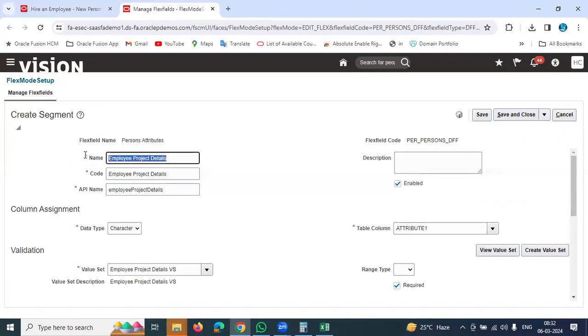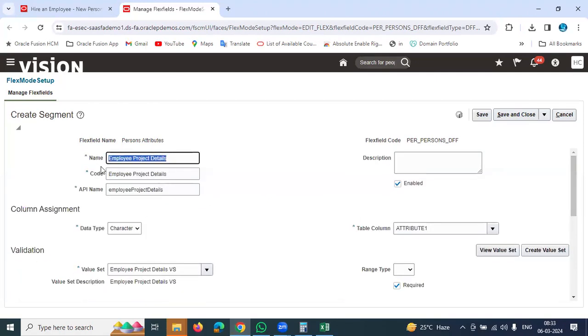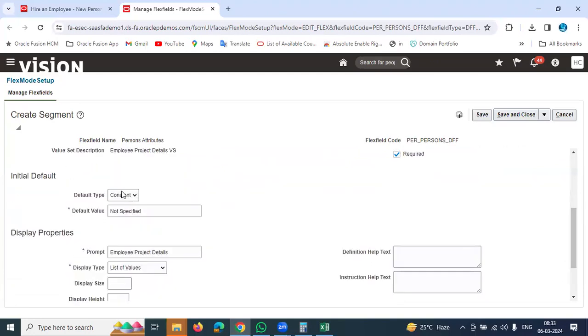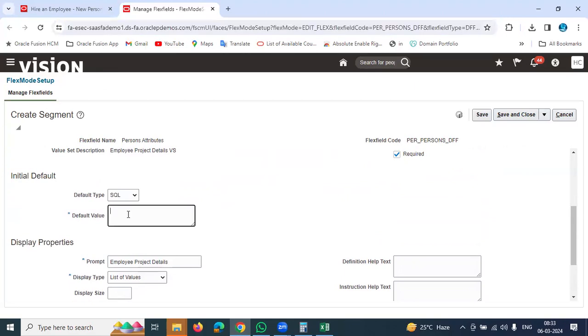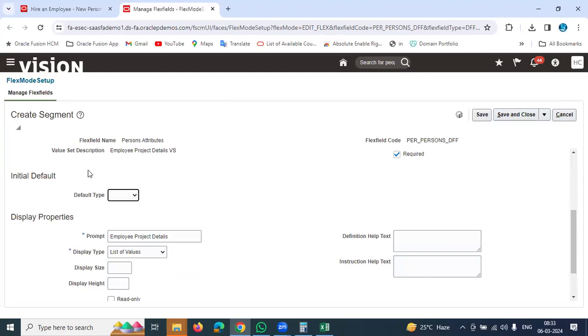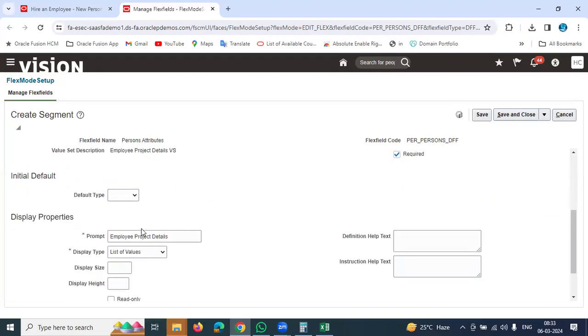Like by defaulting the value for any field, if you want, team, in the initial default you can choose constant and you can pass the default value. By default, this field will come with that value in the front end, team. If not, team, you can use a query also. If you choose SQL, team, you can use existing database tables. If you want to fetch any value from them, you can pass a small query here and fetch the values from the database, team. First of all, defaulting no one will use much, not required to get into much on this, team. But anything that you want to default for the segment, team, you can pass that one. And then, team,